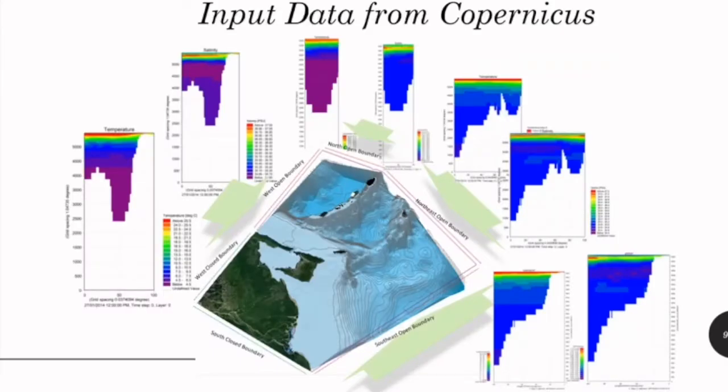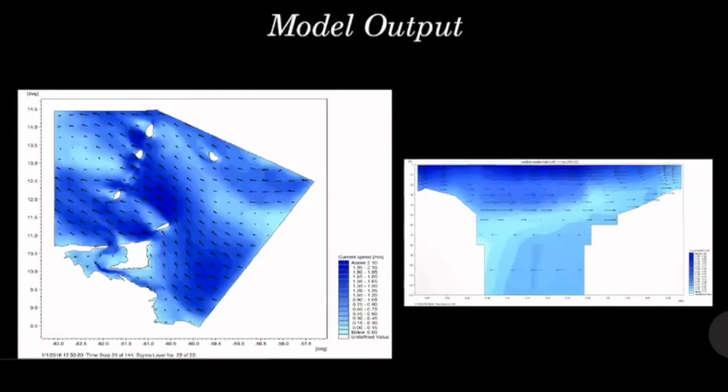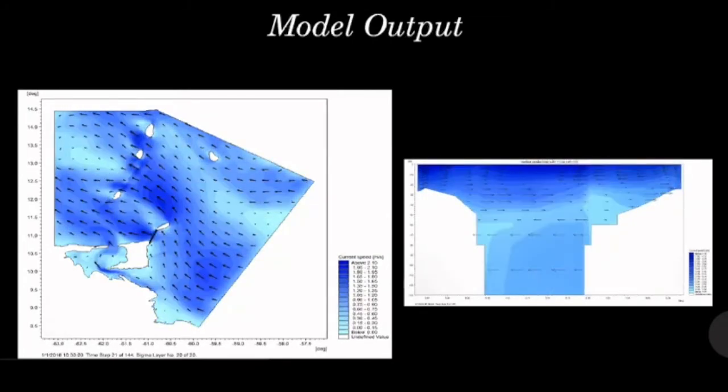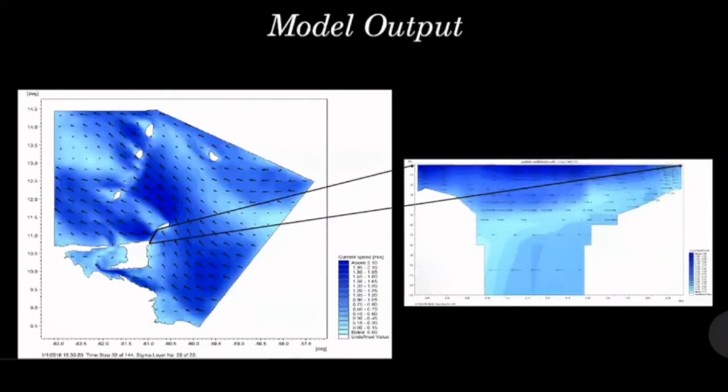This is just a visual example of the boundary data from the Copernicus program, whereby data is obtained for the different boundary locations. As you can see, the datasets also extend into the water depth. This is an example of the model output, whereby we can see the current speeds at the surface as well as within the water column. These outputs can be used for further applications to determine how, when, and where the environment can be